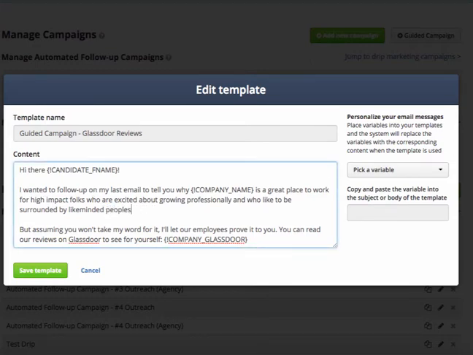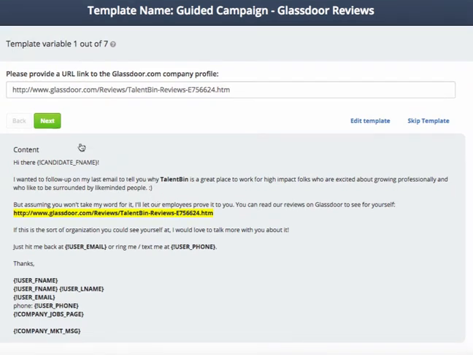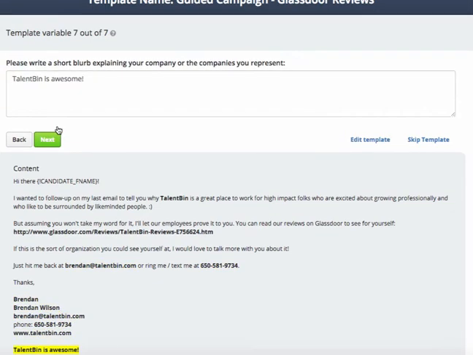So if I wanted to change the text here, maybe add a smiley face at the end, I could do that and then just hit Save. And then once we jump back into the guided campaign workflow, you'll notice that smiley face is now in the body of the text itself. So now that we have our first template completed, we can hit Next one more time to jump into template